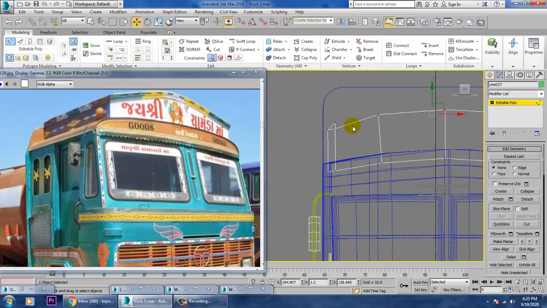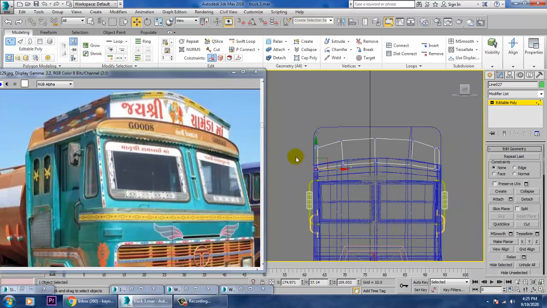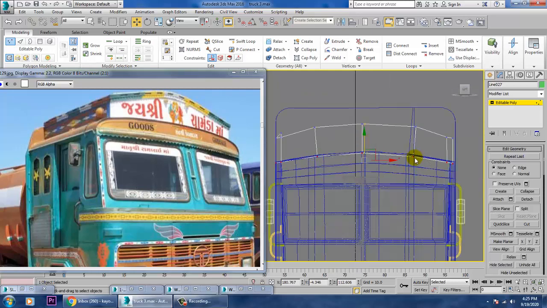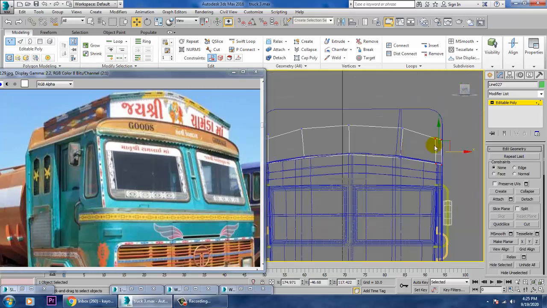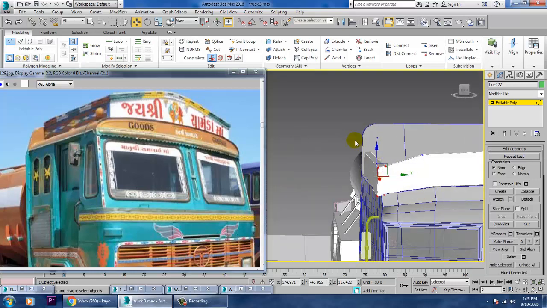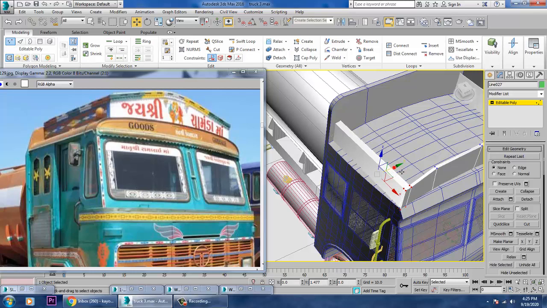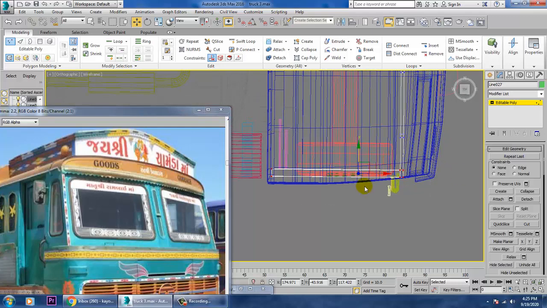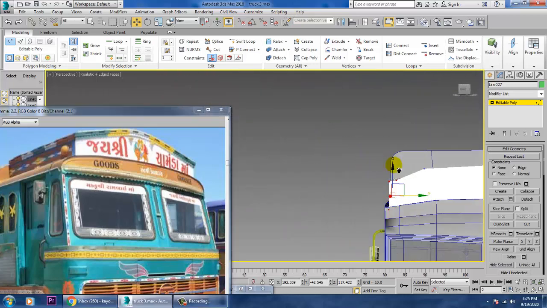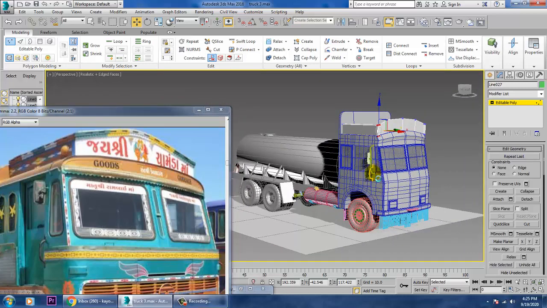You can go over here, you can just push this a bit up. Alright, now I can push it a bit inside wherever it is required. Save the file.